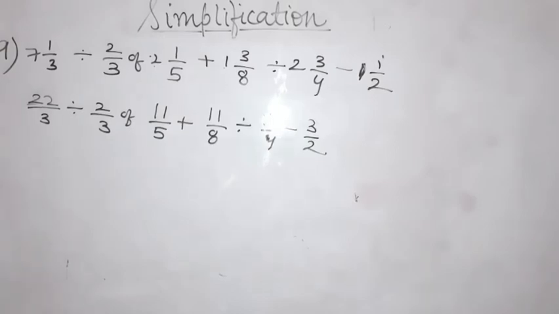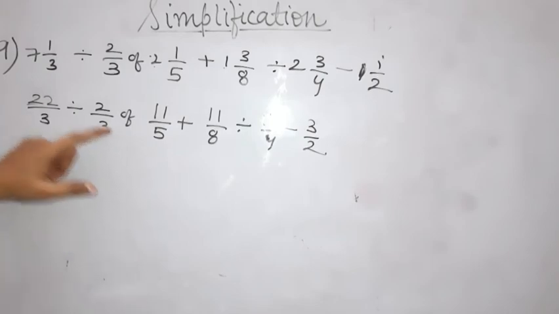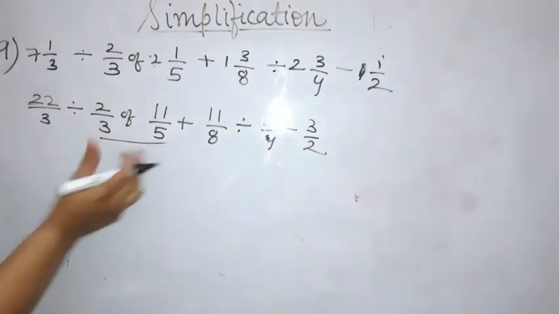Okay students, now what is the next step? The next step is to follow V BODMAS. Since there is no vinculum, means bar, no bar is here, now we have to check for brackets. So there is no bracket. Now what we have to check? Off. You can see that this is off, as you all can see. So we have to solve this part first.